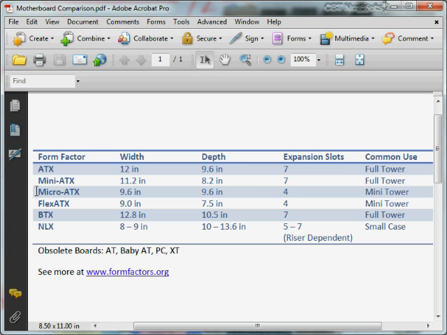There's also Micro ATX. Again, this one's going to be 9.6 by 9.6, so a square motherboard, 4 expansion slots, more for a mini tower. Again, now you're starting to save more space than you would have even with a mini ATX. And if you want to get even smaller, you can do that. We get smaller and smaller pretty much as we go here. We get a Flex ATX, 9 by 7.5 with 4 expansion slots,